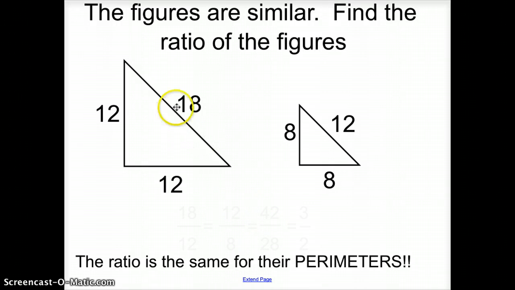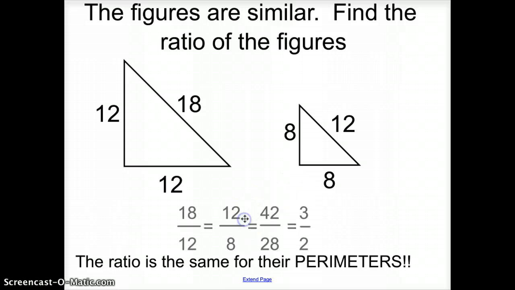At the same time, we're also going to calculate the perimeters of each. So you're going to add up all the sides for each of them, and we're also going to calculate those. All the while, you still see the similar figures. The ratios are 18 to 12, 12 to 8, 42 to 28, and ultimately everything simplifies to the fraction 3/2